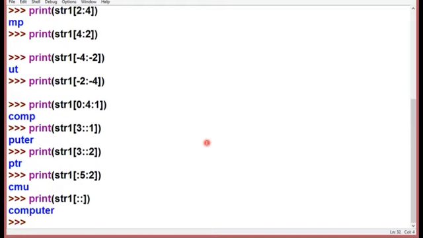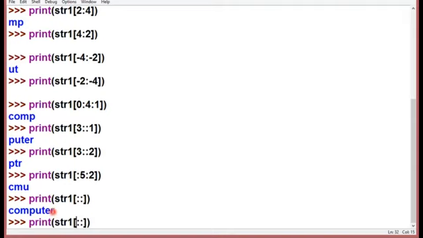Similarly, we can talk about if I don't want to give any value. So it will give me this result. That means I have placed the values for all three, but I have left them blank. So it is going to print the whole string in this case. So let's talk about some negative indexes also.